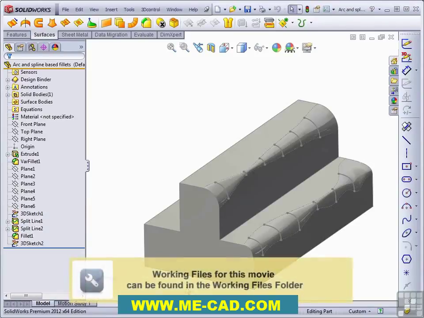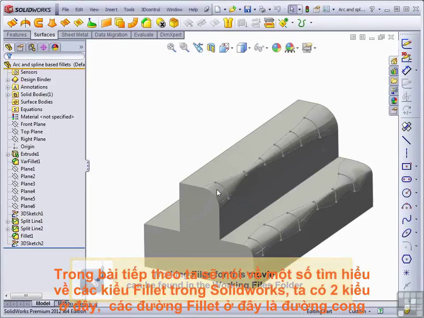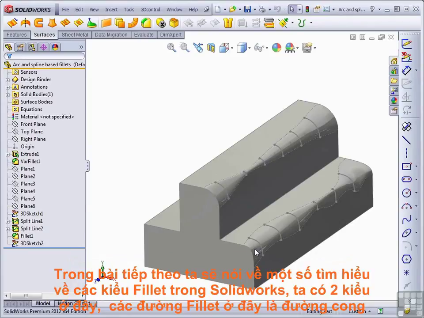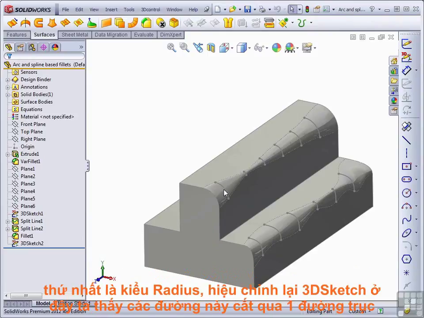In the next few lessons, we will talk about some advanced fillet types in SOLIDWORKS. I have two fillets here. One is a variable radius, and the other is a hold line face fillet. The point in comparing these two is that the variable radius fillet is an arc-based fillet, while the hold line